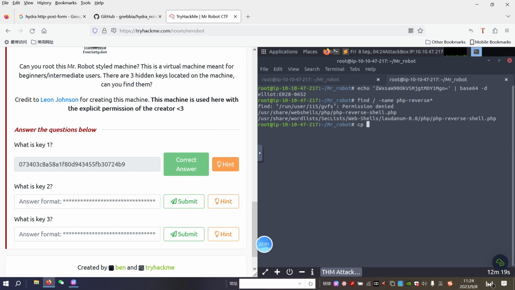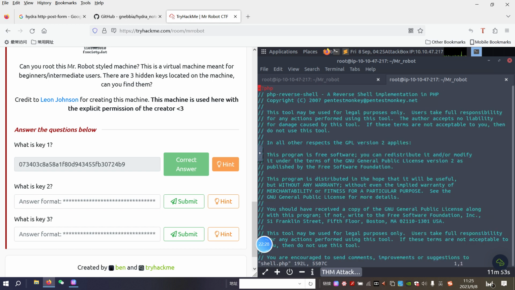And we can copy onto my current directory, and I can rename it to shell.php, and then we can modify